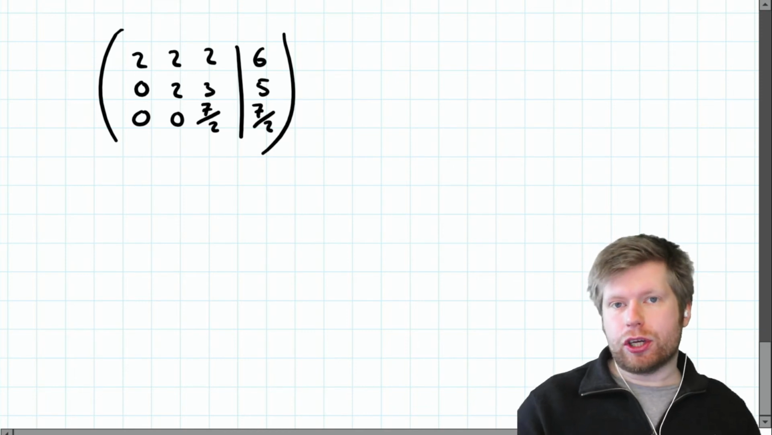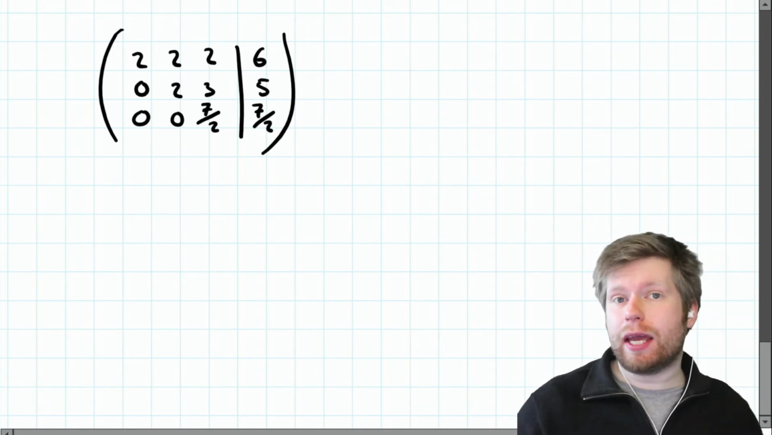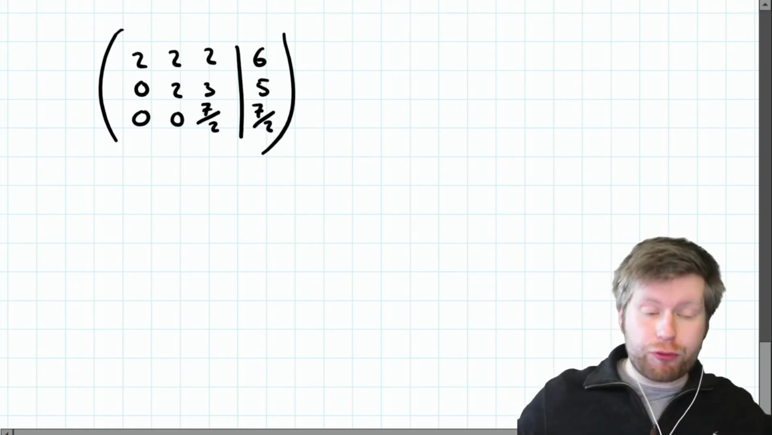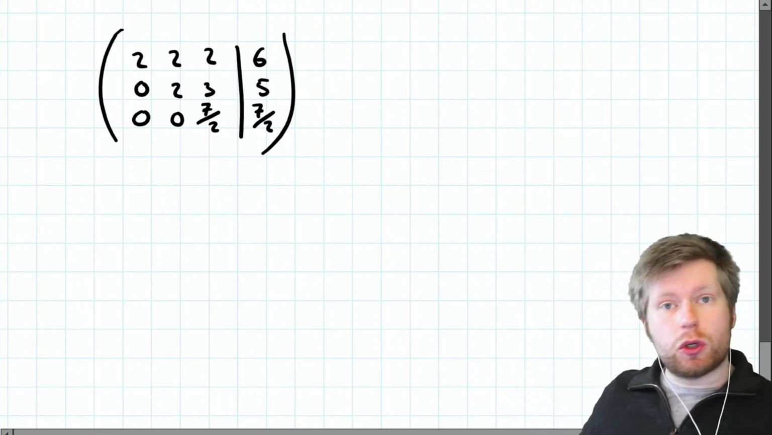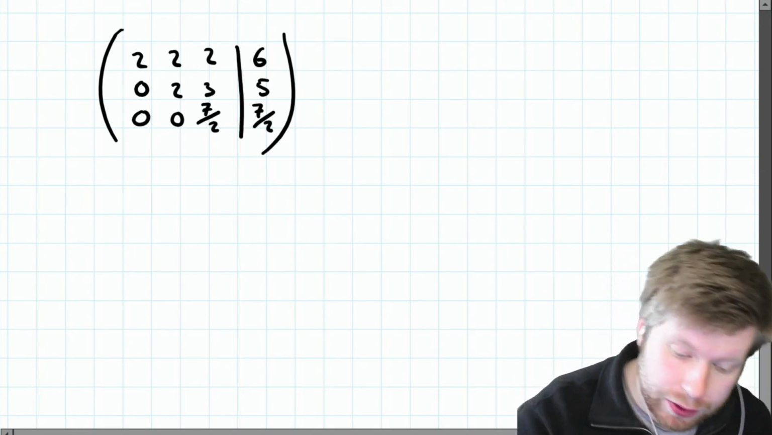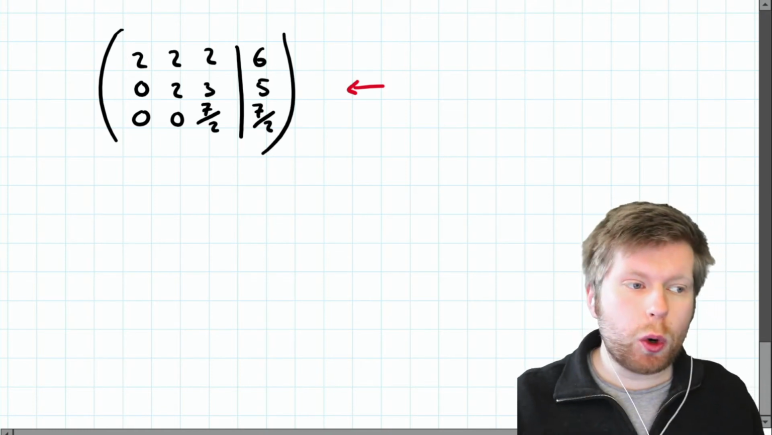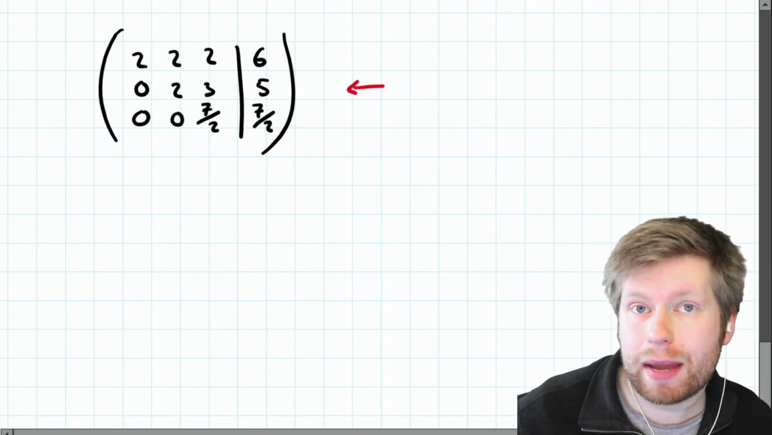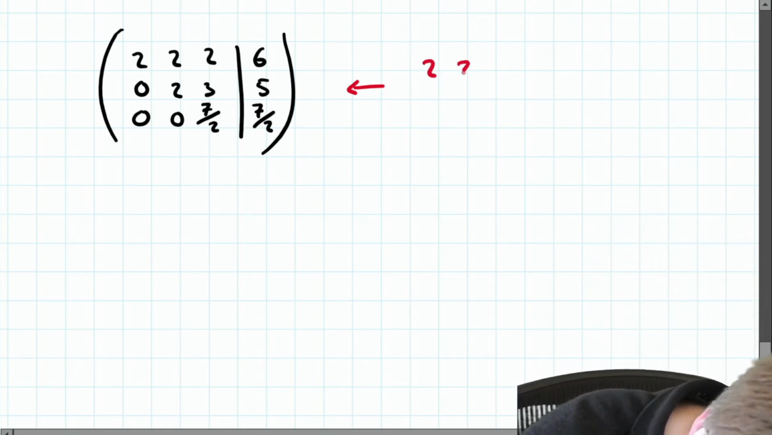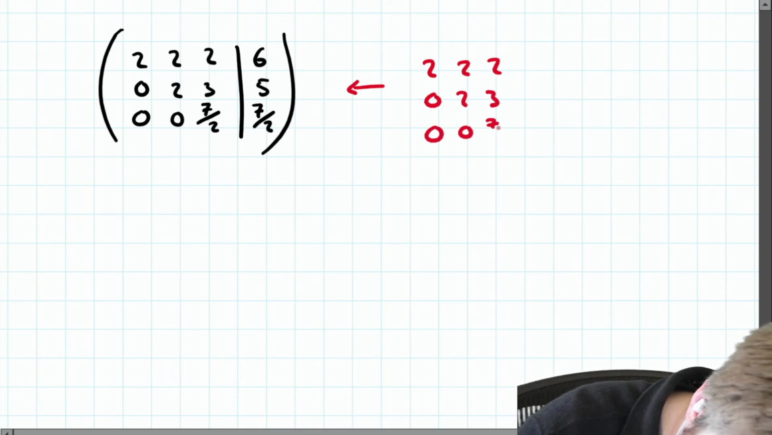of Gaussian elimination. Now, if you remember right at the very beginning, the number of steps of Gaussian elimination was always n-1. So in this case, we had 3 unknowns, and I was expecting to do 2 steps. This is what I get at the end of my second step, and I think this is exactly what I want. Now, just be aware, we can give a bit of terminology. We call this an upper triangular matrix. So we call the 2, 2, 2, 0, 2, 3, 0, 0, 7/2